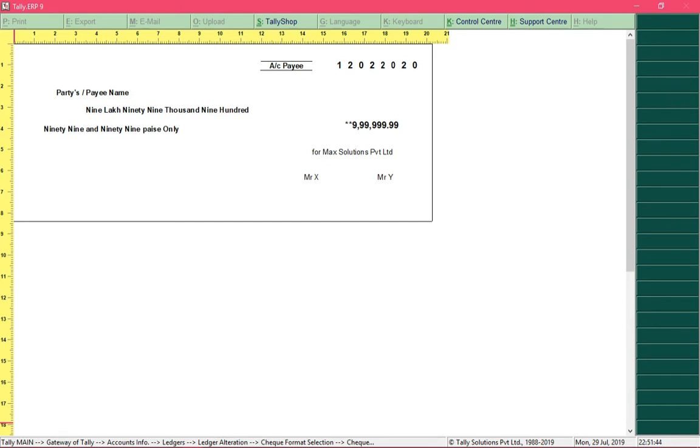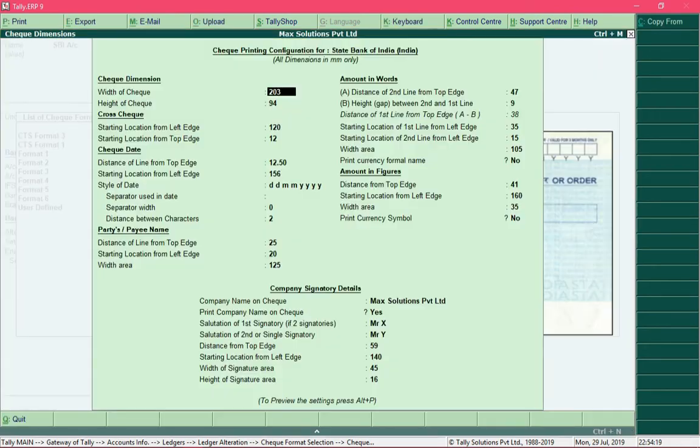And to be on the safe side, I recommend that before printing actual check leaves, you take a photocopy of a check and then print these details on that check, so you can understand whether all the content is fitting in the right place and in the right position. And in case you feel like making any change, then you can always go back by pressing the escape key and change the dimensions by measuring it with the scale.